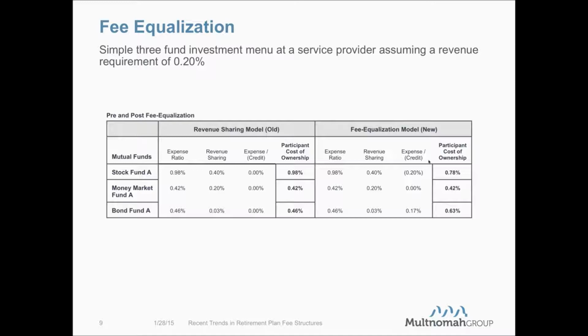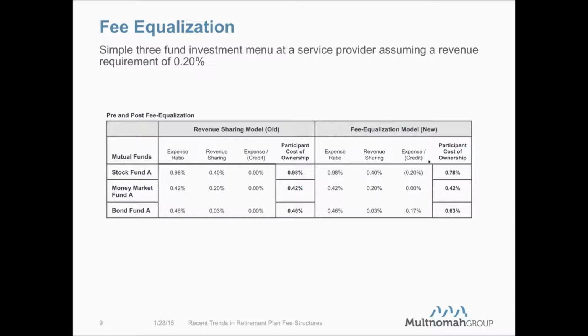I might have a money market fund with a 0.42 expense. 0.2 of that is revenue sharing. And I might have a bond fund that's at 0.46. It only provides revenue sharing of 0.03. So you'll see that some people, a stock fund holder in this example, are paying more than the revenue requirement. The money market participant is paying exactly the revenue requirement, and the bond fund participant is paying less than the